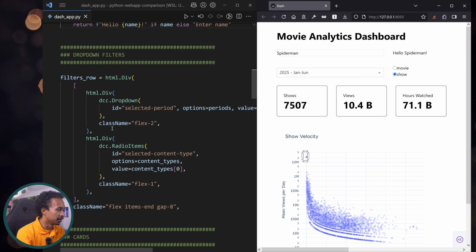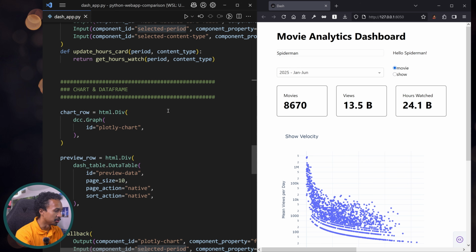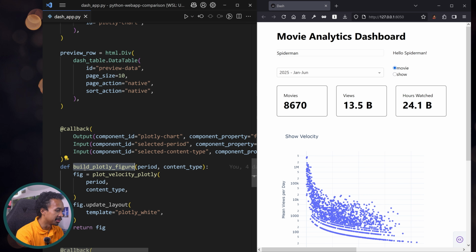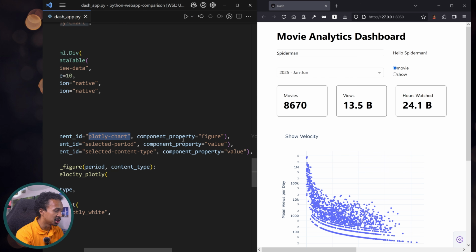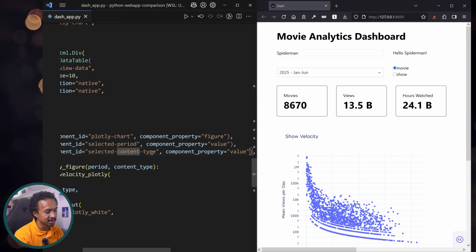So here's the same example for the filters rows. You've got a dropdown for a selected period and radio items for a selected content type, with flex 2 and flex 1 to define that this is twice the size of this. And then I go look for the callbacks with selected period. I think it's going to be this chart row with an ID of Plotly chart. And here's the callback, build Plotly figure. I build and return a figure, a Plotly figure inside my component ID Plotly chart, component property figure, whenever selected period or selected content type